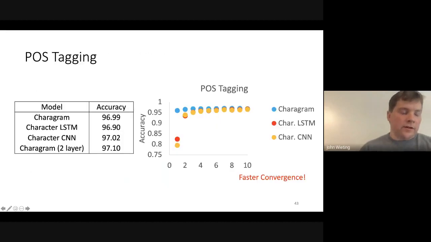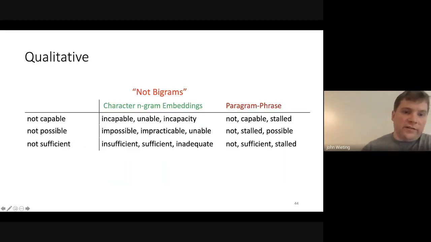data better. And they can also be used for downstream tasks. These hierarchical LSTMs were popular, where you basically have an LSTM over the characters and then another LSTM that takes those representations and then runs over the sequence to predict the tags. But you can stick in these Paragram embeddings, and the performance is similar, but the convergence is much faster, since the model has a heavier inductive bias, and it makes optimization easier.